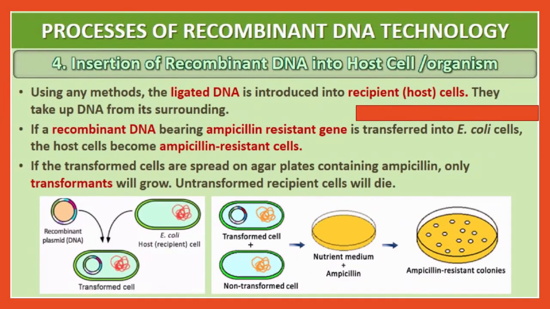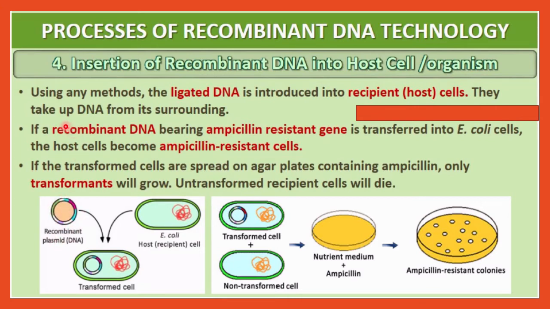After amplification, the DNA will be inserted into the plasmid by using ligase enzyme. The plasmid will be treated with the restriction endonuclease enzyme and cut, and then the DNA containing the desired character will be inserted into the plasmid. This way we can get the recombinant plasmid. You know the process very well.